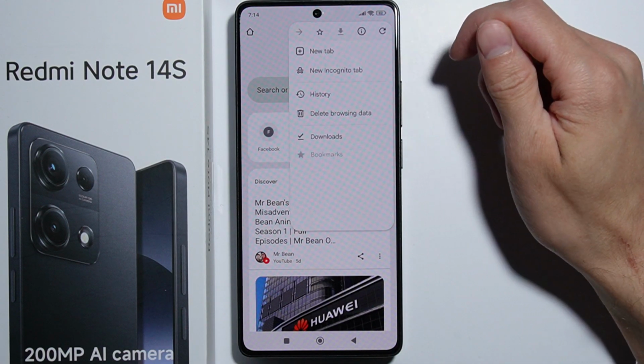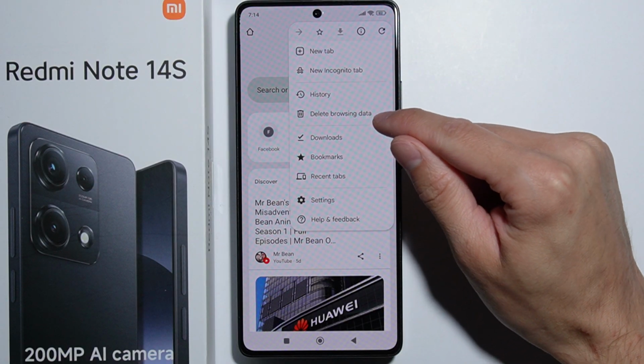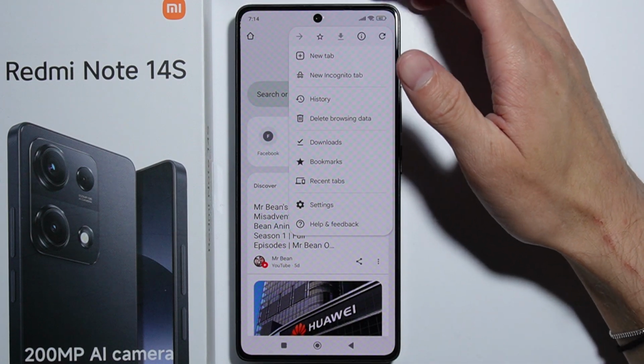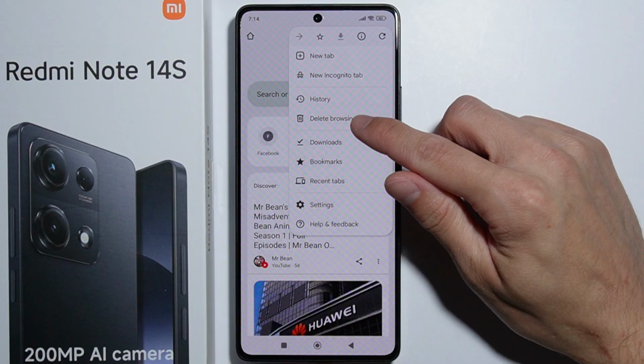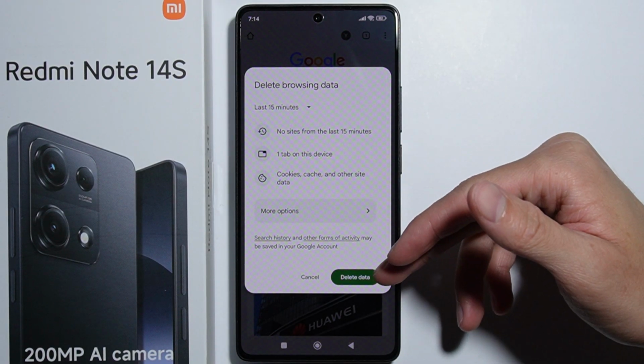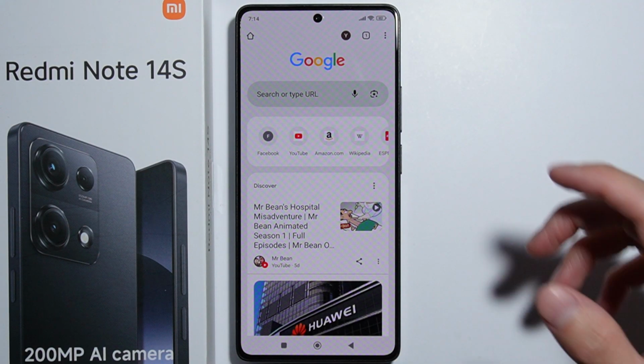right corner right here, and there you will find the history and the button to delete browsing data. So you can either go for a history and from there delete all the browsing data, and you can simply just press this button from here and there you can delete the data. You can press this button to delete the data, but in case